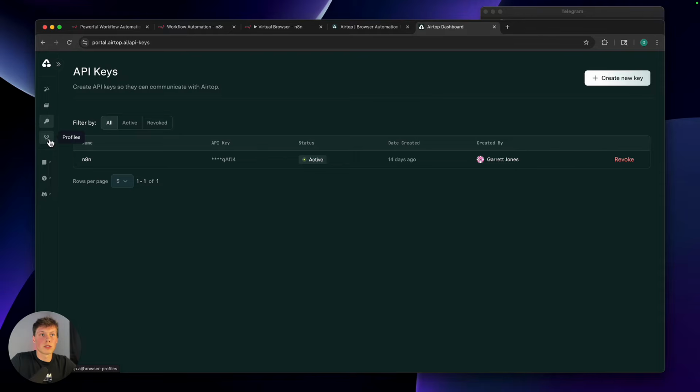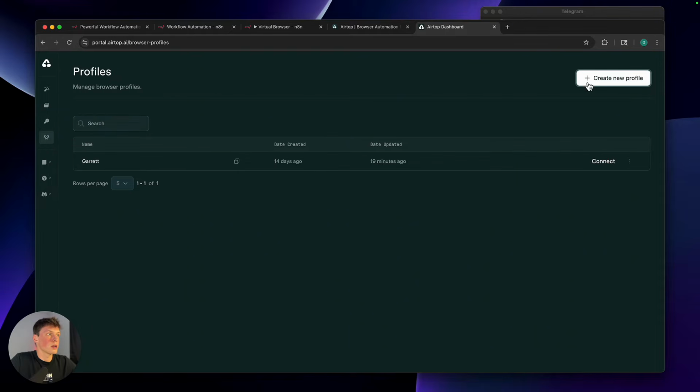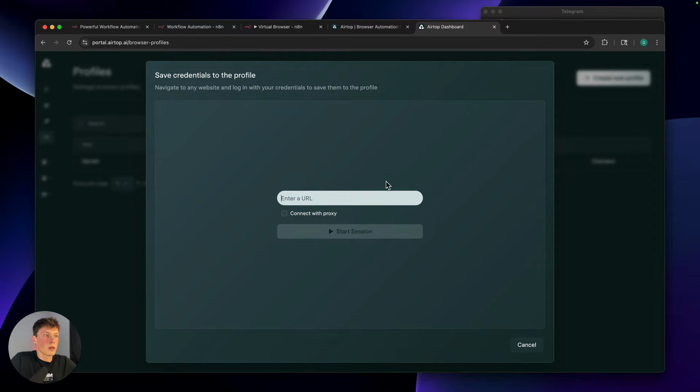We can do that by going to the profiles, and then you want to add a new profile. It will just ask you to give this profile a name. I just named it myself. And then you can press connect here, and then you'll enter a URL. So if I enter something like